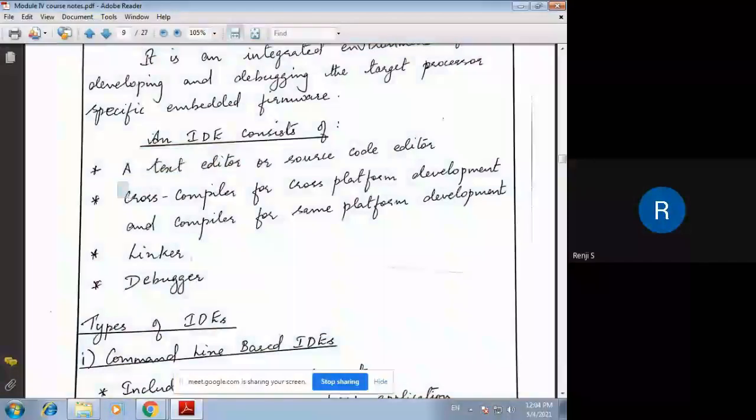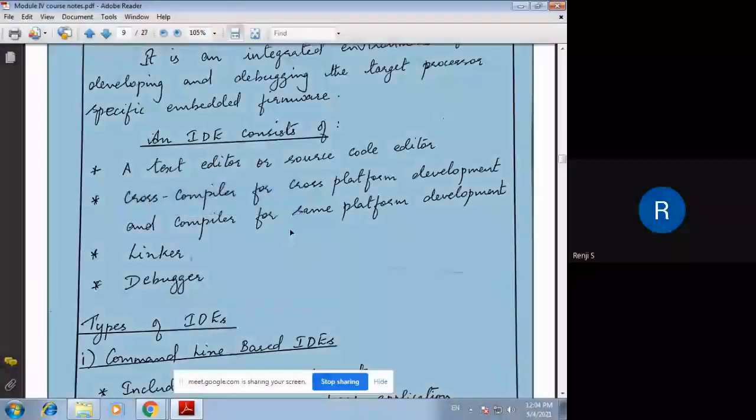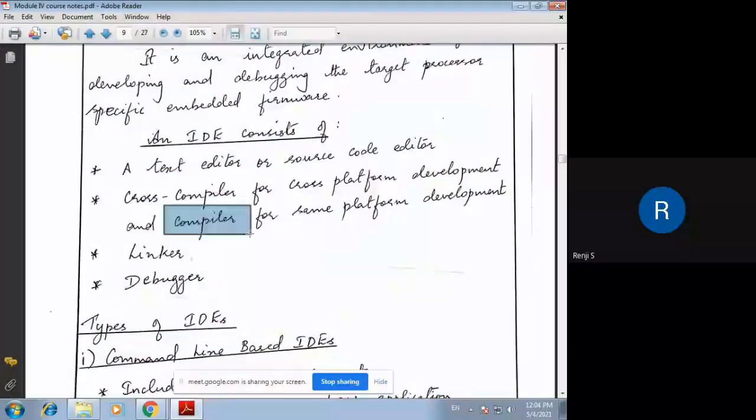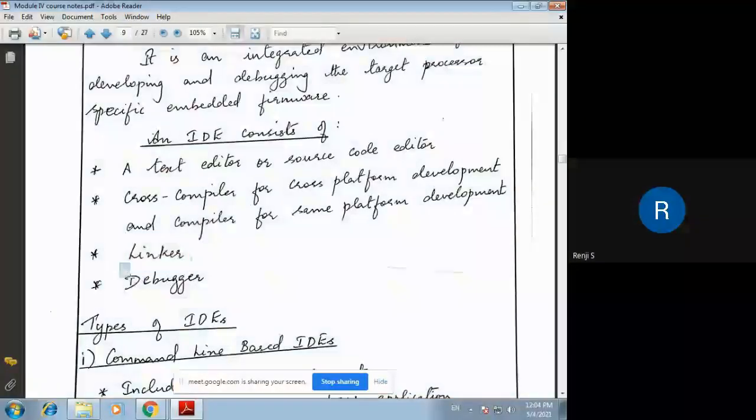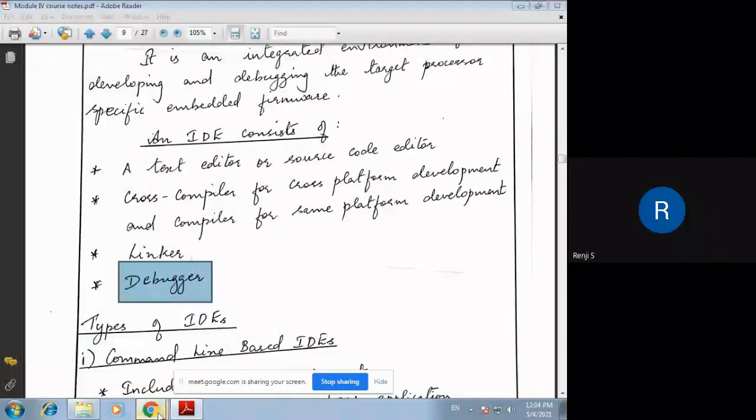Then you need a cross compiler for cross-platform development, and a compiler for the same platform development. That is, if you are running on the same machine, then you need a compiler. If you're going to run it on a different machine, then you need a cross compiler. Then there is a linker for linking the different modules of your program, and a debugger for checking errors or bugs in your program. So these are the components of an IDE.